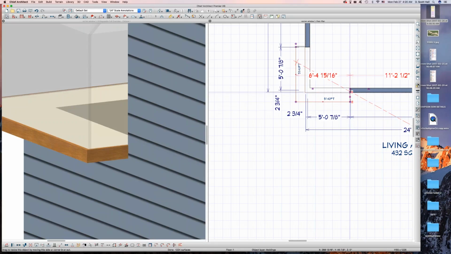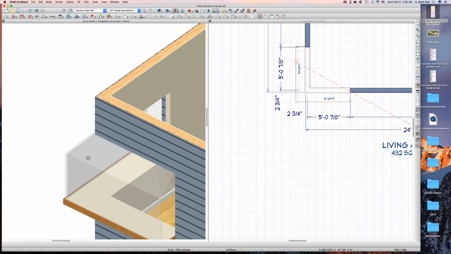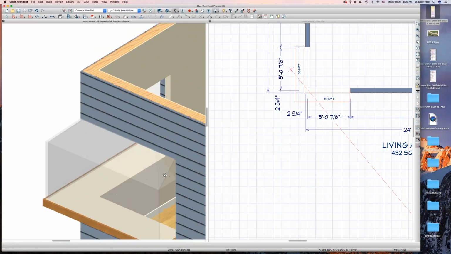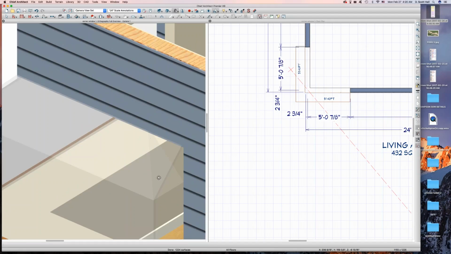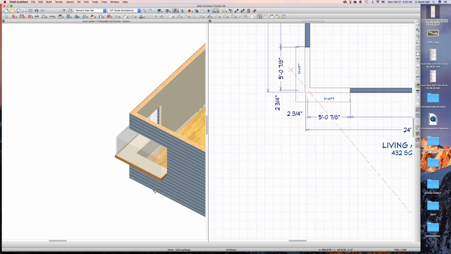Watch this. Oh, now I got this. But what happened was I also created a slow piece of glass in here, because remember the profile of that molding? So now I got that slow piece of glass. So you got to deal with that. I mean, you use two separate moldings,